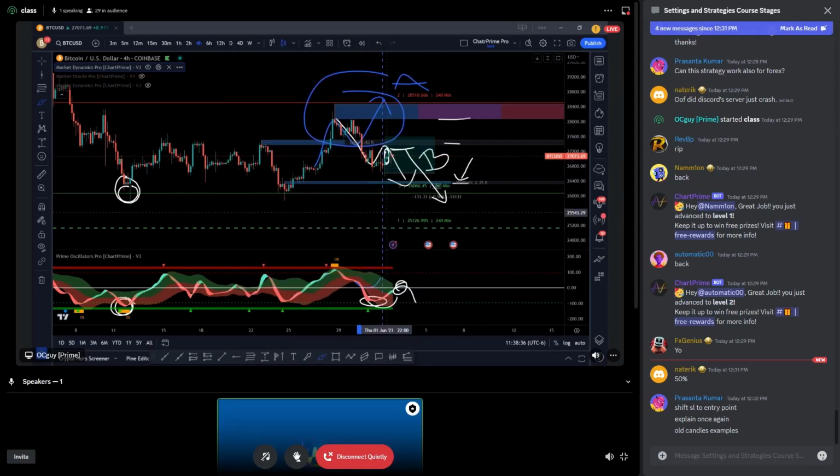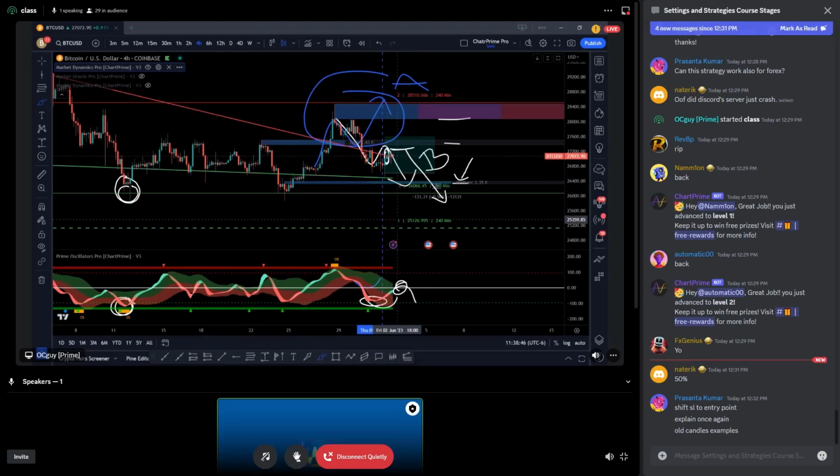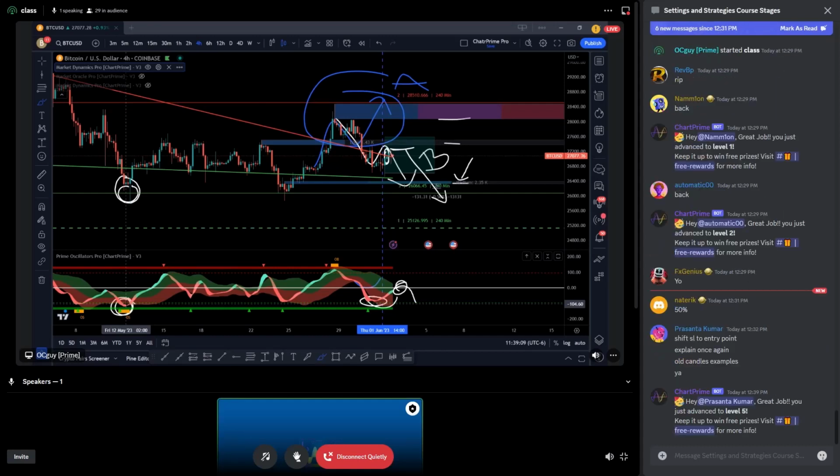So remember that right here we had the breaker block at this zone, and also we had which other thing? A narrowing wedge. Remember? Take a look at that. Here we go. Look at that at support zone, right? Or just right before the support zone, as we have the flip of the ribbon. Do you see it, Presenta? So far, so good? Let me know. Yes. All right.